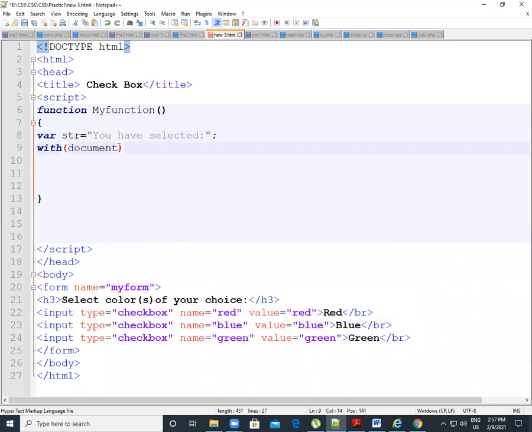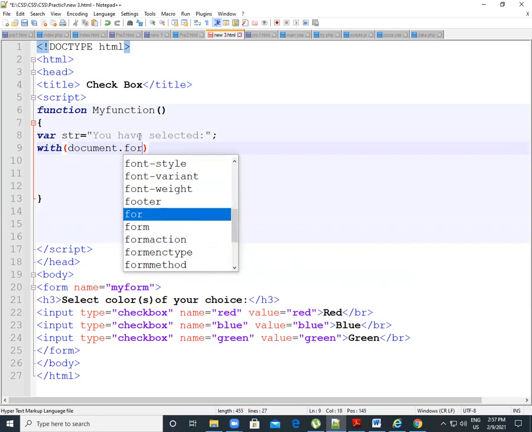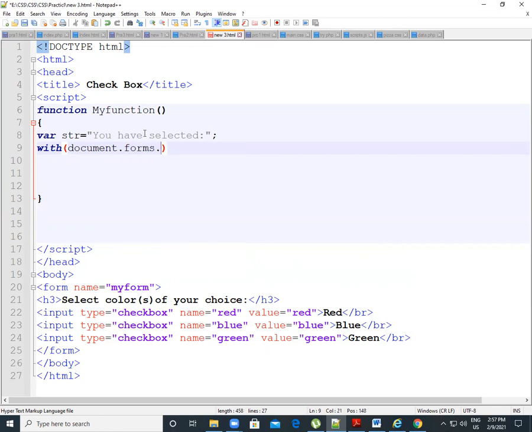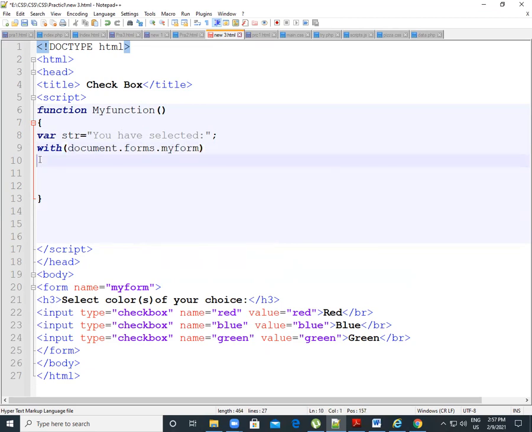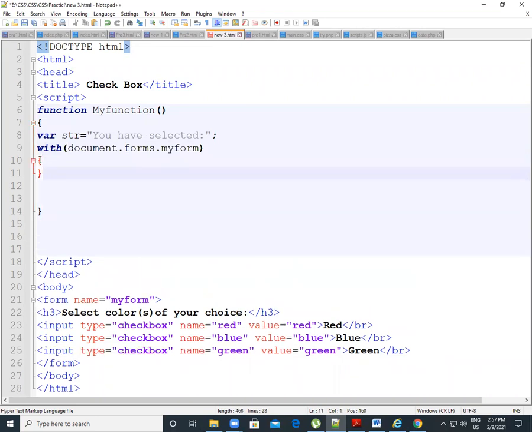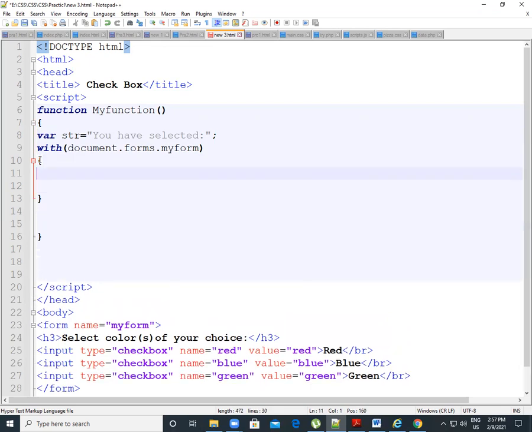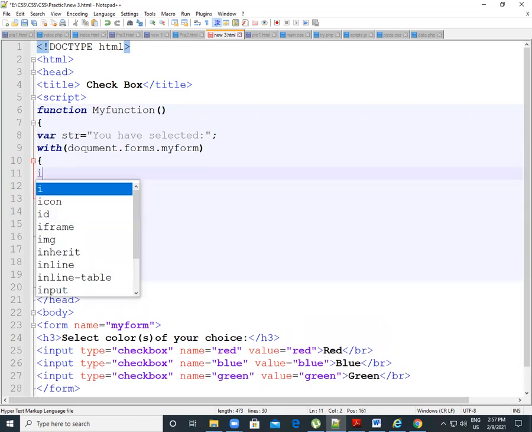This document is related to document.form, because we want that form's value. So form, and our form name is myForm. That way we can access that form's properties or attributes.